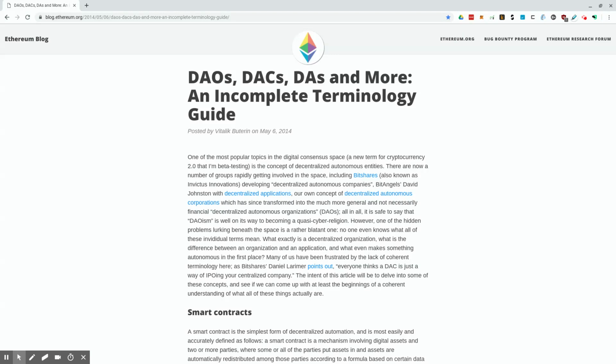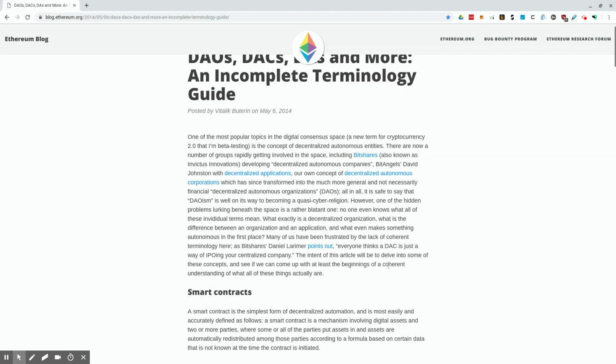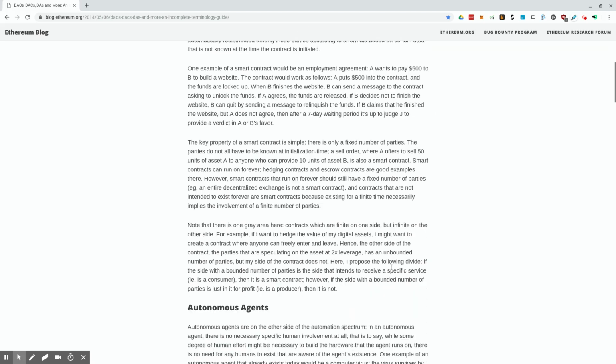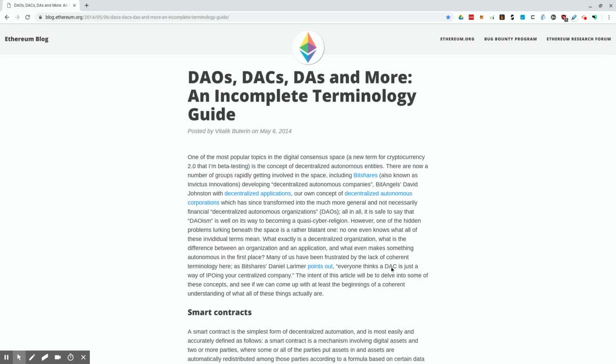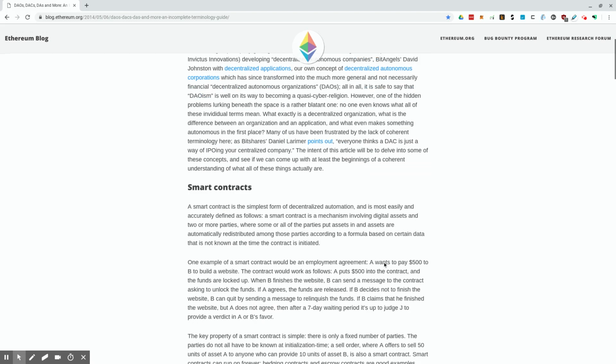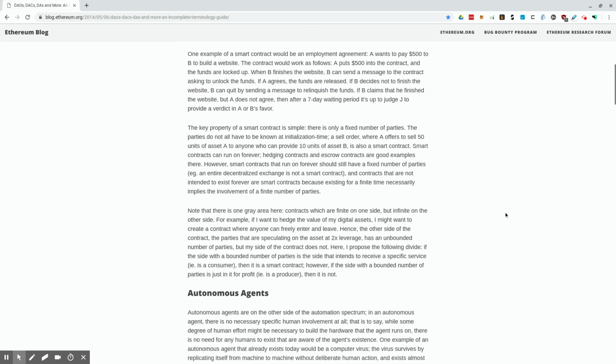Today, we're going to be taking a little trip back to 2014. This is when Vitalik Buterin wrote some interesting concepts that he was working on before Ethereum was even out of beta. In 2016, late 2015 is actually when I started getting into the space. Ethereum really captured my imagination because of some of the concepts that Vitalik had outlined in this specific post back on May 6, 2014. There's a few different items in here, but I wanted to concentrate on one specific item,